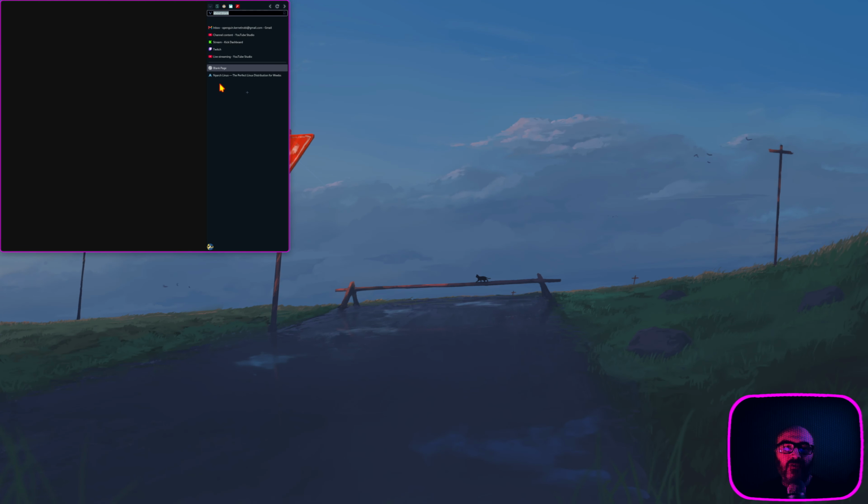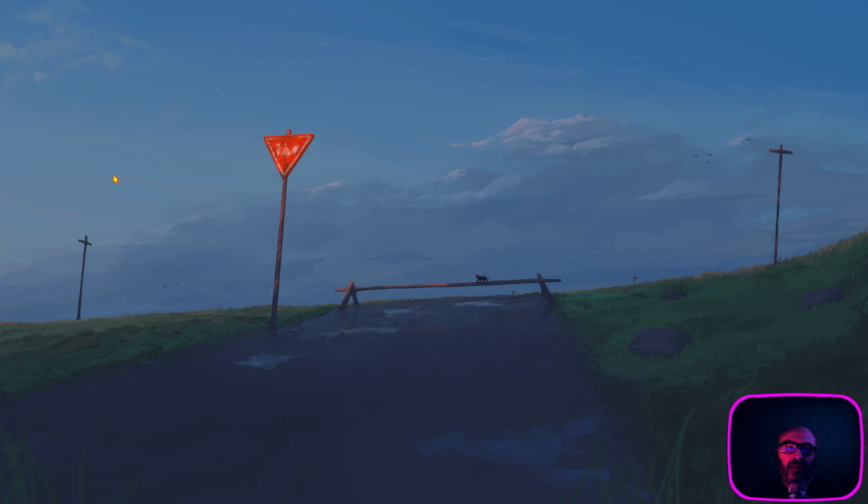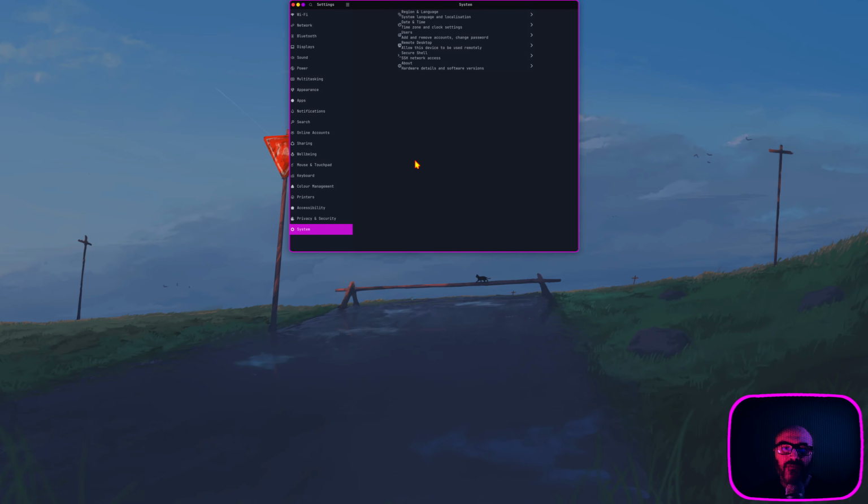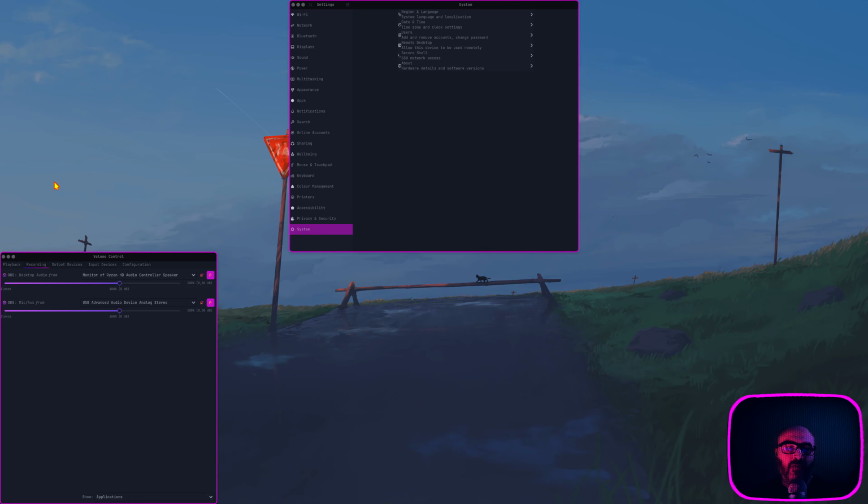If an app is not supporting it, you don't have to relog or anything. You just close the app and run it again, and no problem. So let's try my dog apps for now. Settings, just fine, as you can see. How about the volume control? Just fine, the cursor works properly.